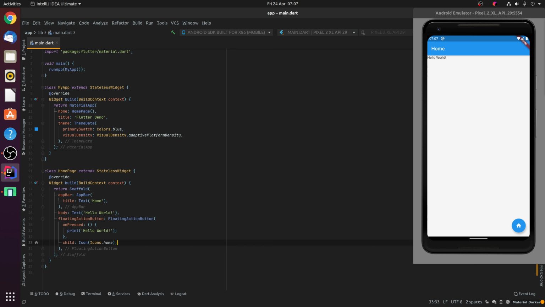As I mentioned, the scaffold really is the base widget that forms the bare bones page for your Flutter application. Each one of your pages will often return a scaffold as the root widget inside the build method. And the scaffold really allows you to easily lay out your page with common UI elements such as an app bar, a body, a floating action button, a